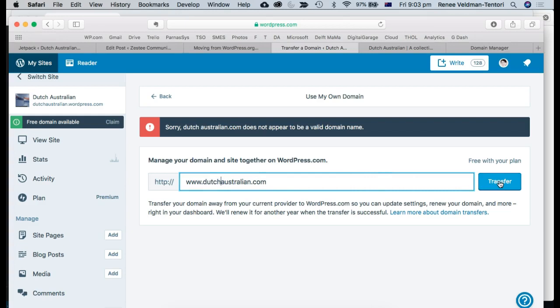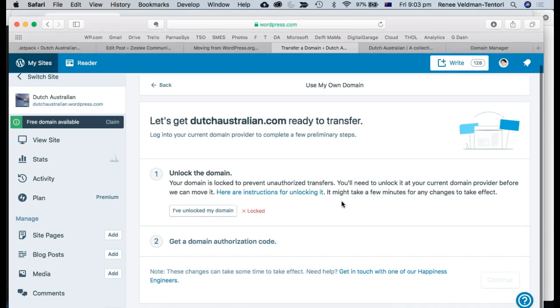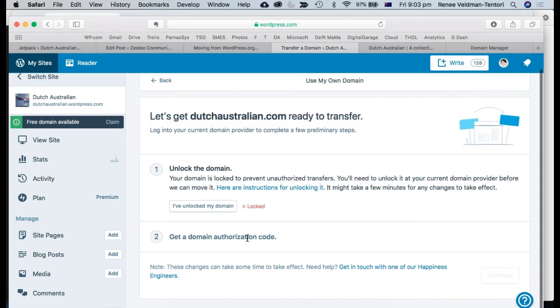Let's try that. Okay, manage, get ready for transfer. So I need to unlock. I forgot about that. I need to go across and unlock it. Then you get this authorization code. This is a little bit of back and forward, and it's not going to be very interesting on a video,